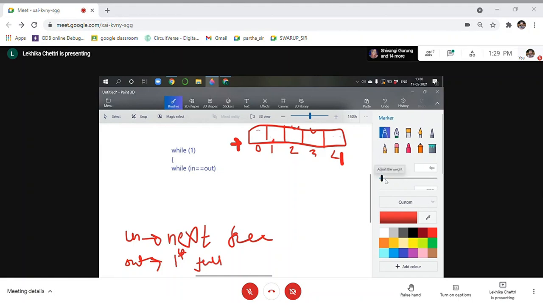While in equals out, that means my buffer is empty. I have just explained that if in is equals to out, that means my buffer is empty. That means the consumer has nothing to consume, so it will come out of the loop.